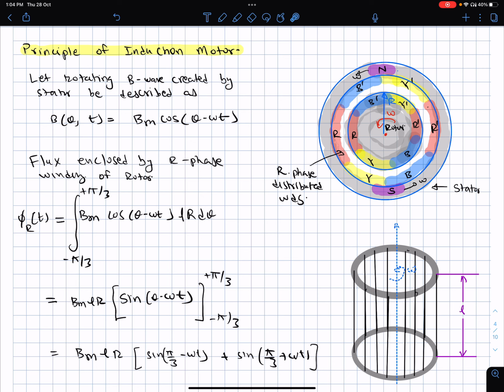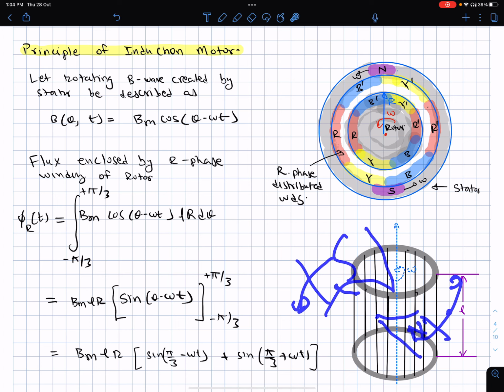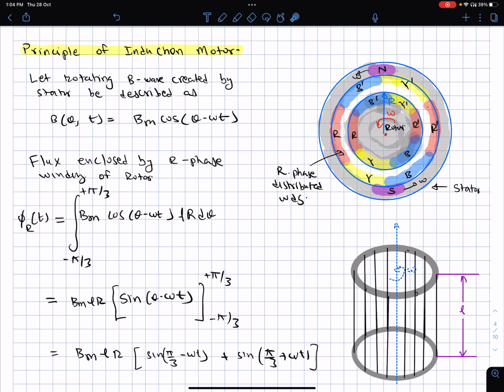This is called a cage rotor, and the length of this rotor is going to be L. The magnet, so to say, is north somewhere here and south somewhere here, and is going to rotate. This rotating magnet is created by the rotating MMF wave on the stator. So because this magnet is rotating, the rotor will try to catch the magnet and rotate along with it. That's the basic principle of this.